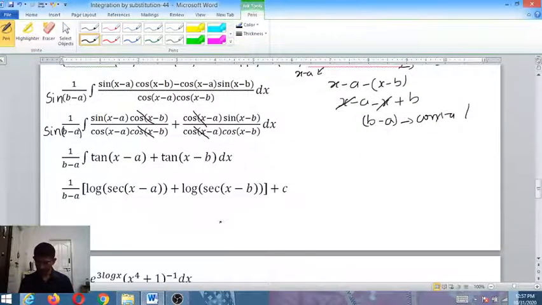It is again 1 divided by sine of b minus a into the integral of sine by cos, which is tan of x minus a, sin of x minus b by cos of x minus b, tan of x minus b. Again 1 divided by sine of